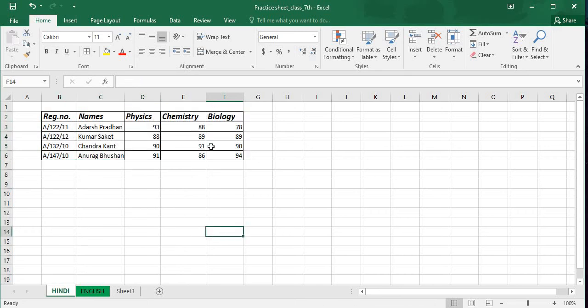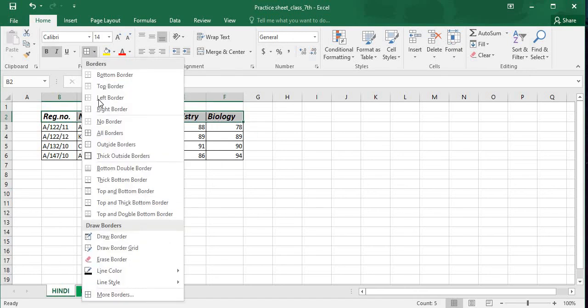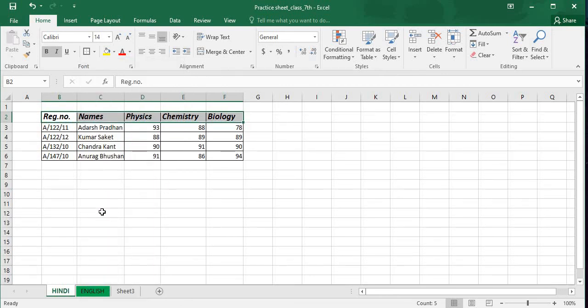So you can see the borders will be created, and then I want a broad line around the headings. So select only the headings and then click on this again, and then thick outside border. Click on this, and the thick outside border will be made. Now I want to again make a thick border on the registration number, so click on this, again select it,